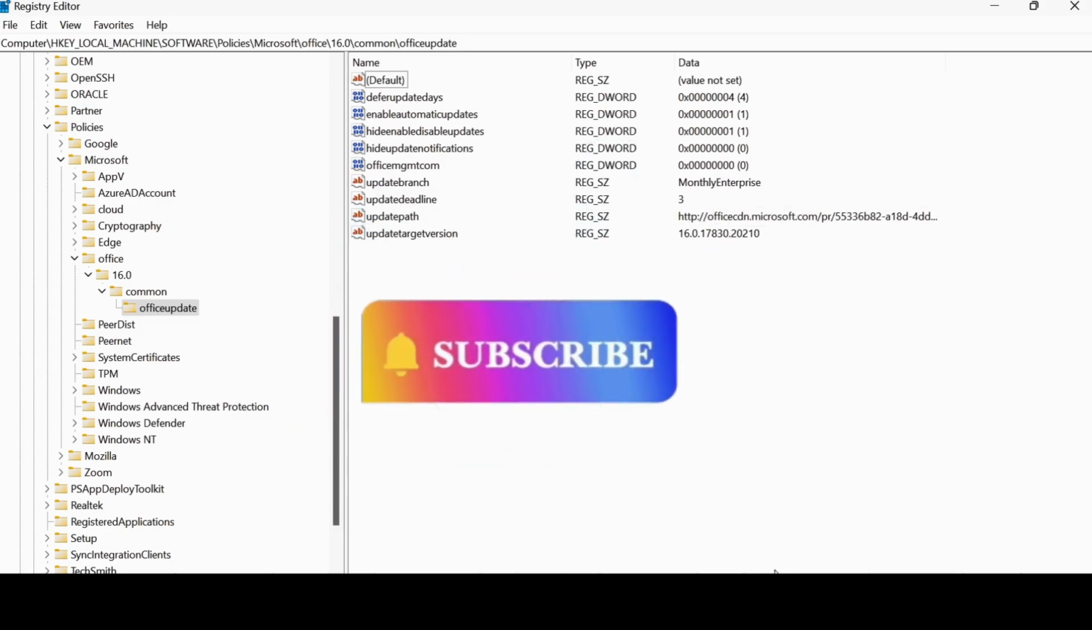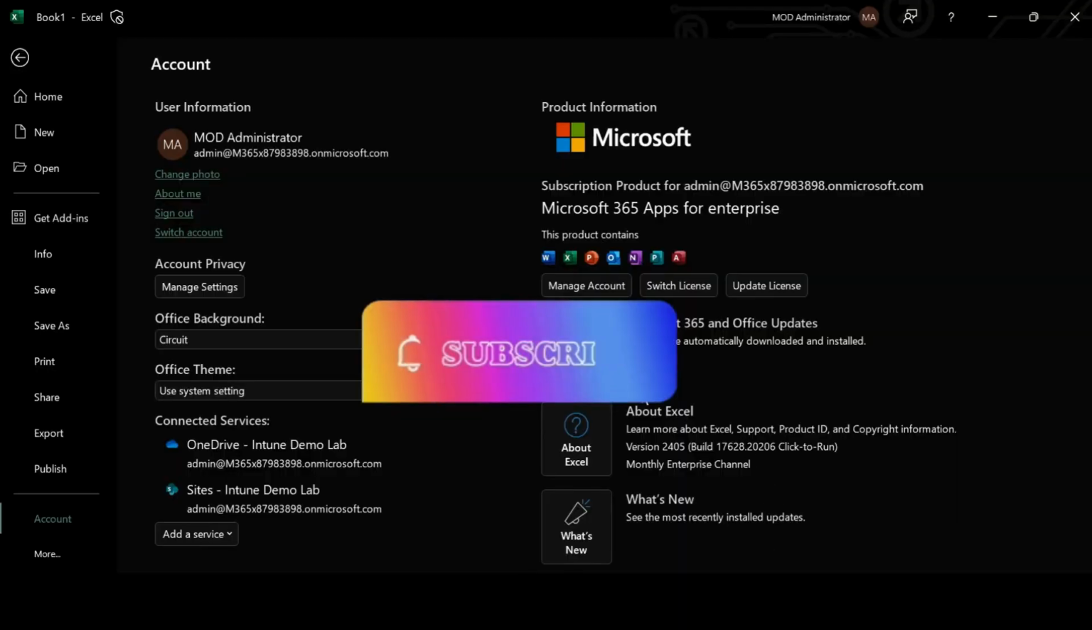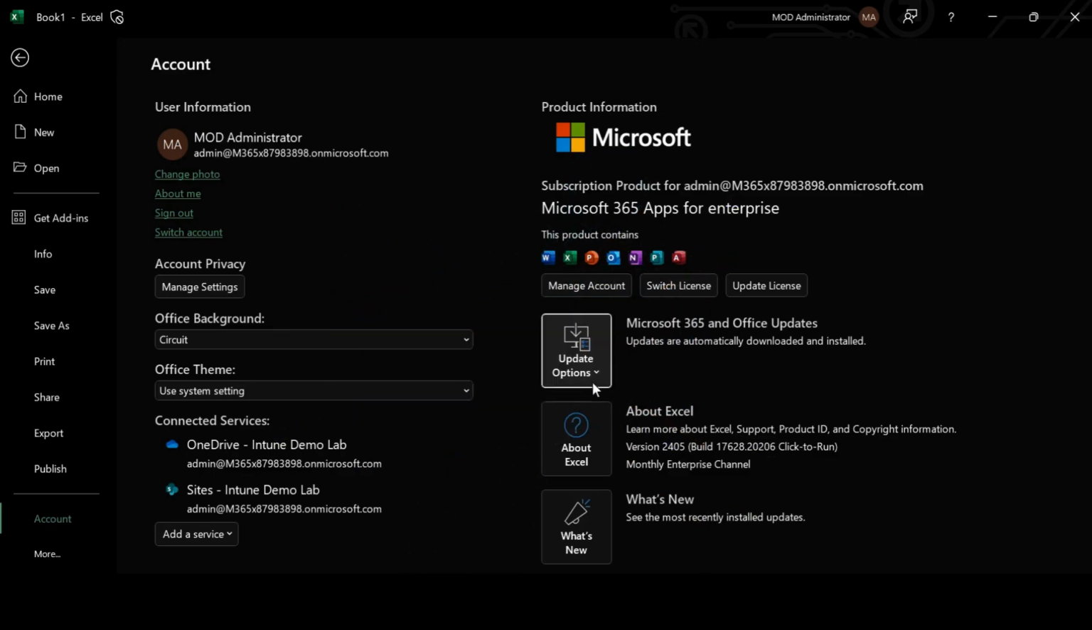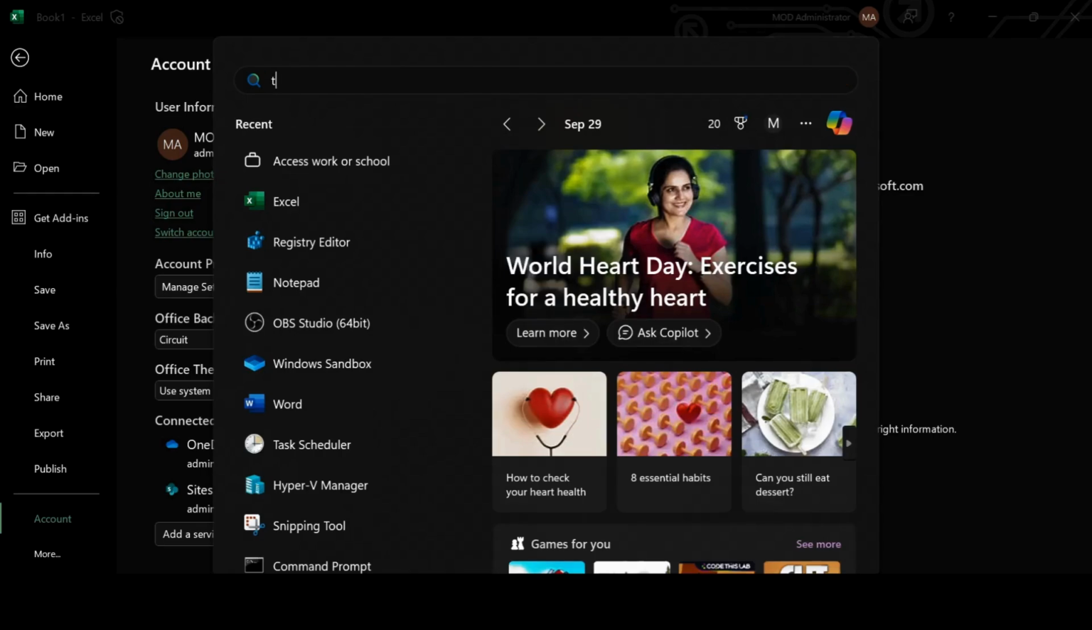And now if we open Excel and click on Update Now, it is going to upgrade the version from 20206 to the one which we deployed through Intune. But you might have a question in your mind: how long will it take to automatically do a check for update? To find this answer, we have to open Task Scheduler. Let me open the Task Scheduler,